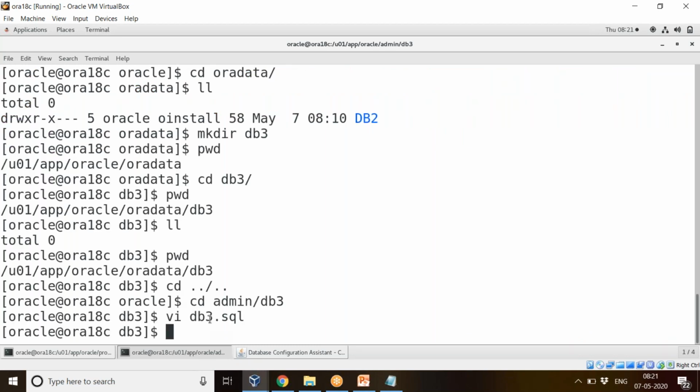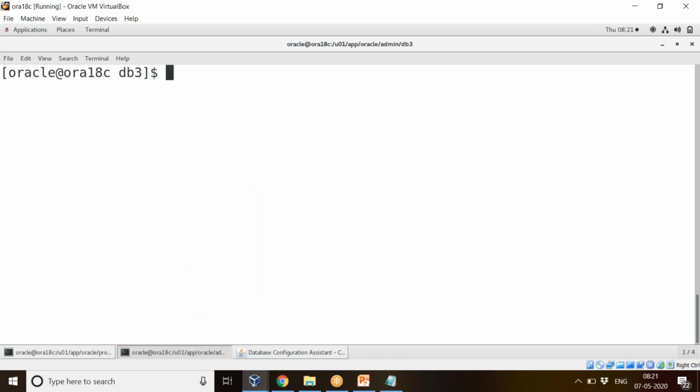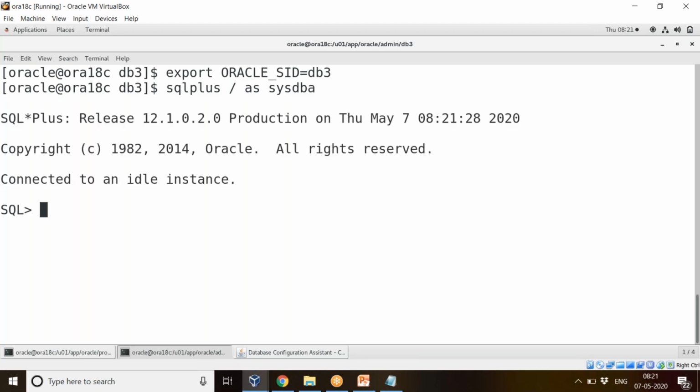Fine. So now I have both ready. My P file is ready and my create script is ready. Now export. I'll clear the screen. Export ORACLE_SID is equal to DB3. Fine. So SQL plus, as usual, sqlplus / as sysdba. Now startup. You have to give pfile, because we didn't create the SP file yet.